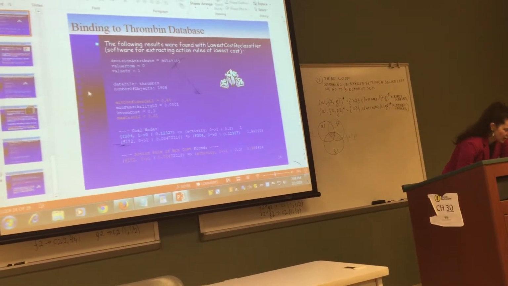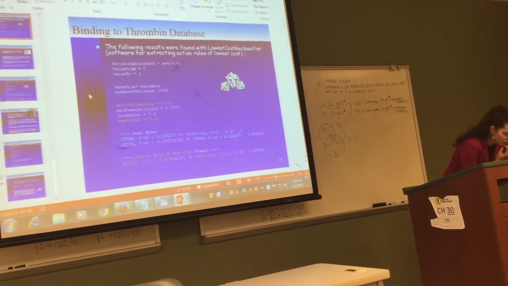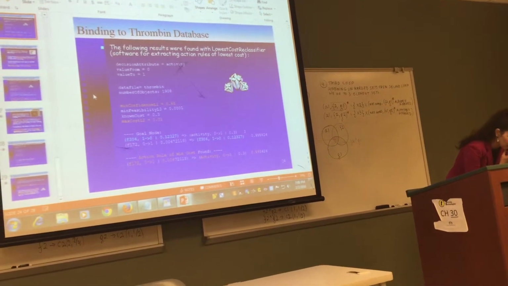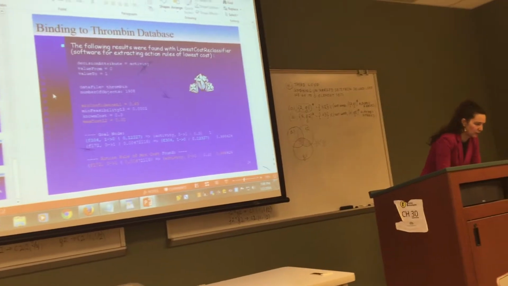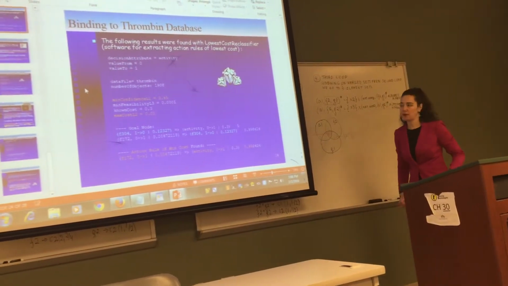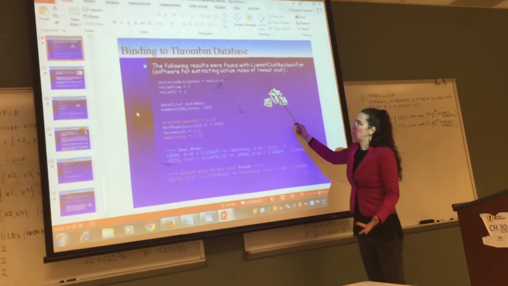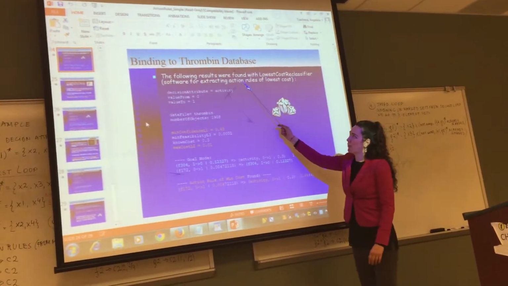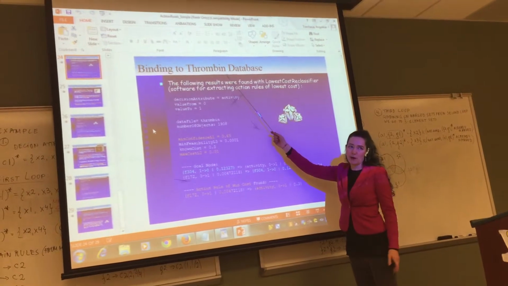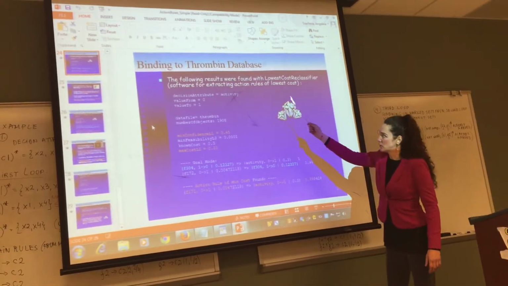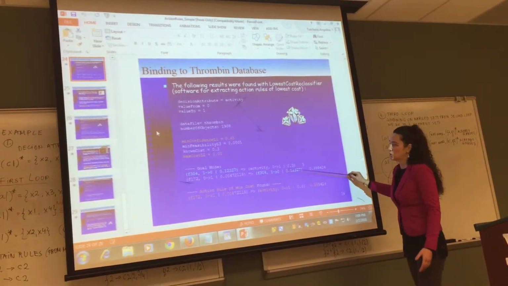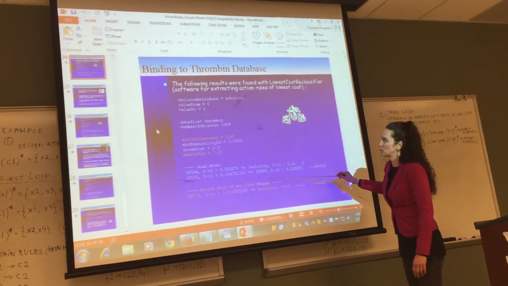This is another example rule from a different database called binding to thrombin database. This is used for developing drugs and exploring the properties of certain chemicals where they can bind to this thrombin. So again, we can extract some action rules